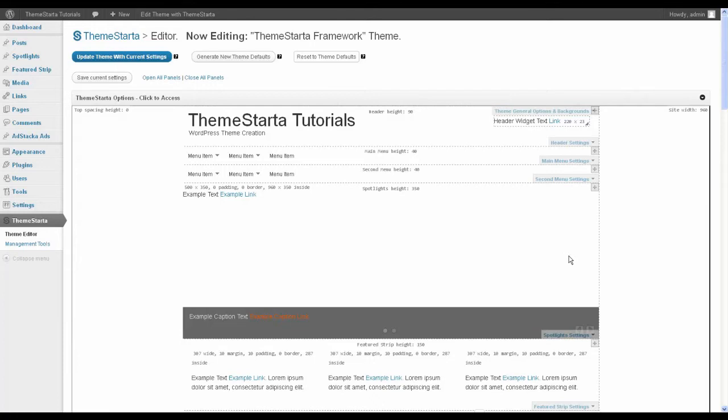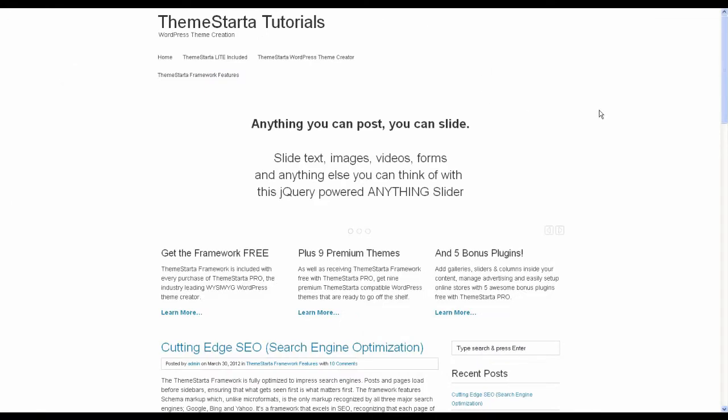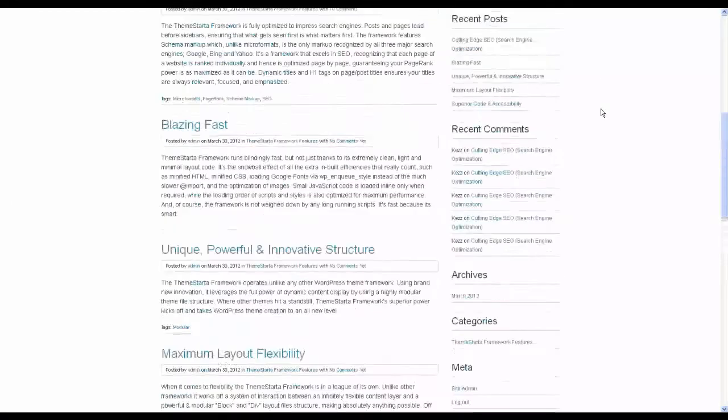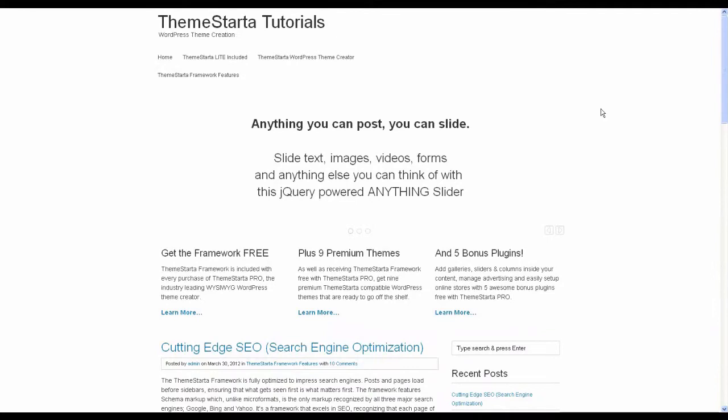In this tutorial, we are going to turn the ThemeStarta framework into a very simple two-column blogging theme. So I'm not going to do anything too fancy, just a couple of minor changes to create a clean and simple blogging theme. Alright, so we've gotten started with a basic install of the ThemeStarta framework with some simple content installed. Now, what we're going to do first, because I want to make a really simple